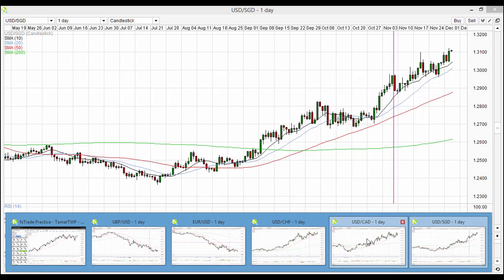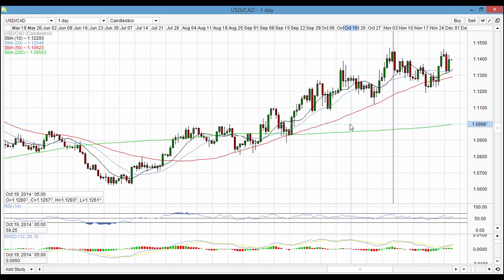Let's look at dollar CAD, and what we can see from dollar CAD is we were in a nice uptrend over here. We were overextended and we had a pullback into the moving averages right around here. So here again the market pulled back on this non-farm payroll day because of the result of the non-farm payroll. However, it was a continuation of this uptrend. This uptrend was only broken a couple of days later.